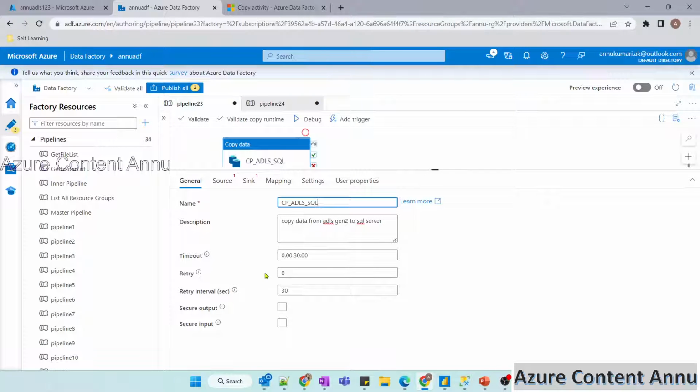Okay, so coming to the retry option. If we specify any number here, it means that after failure of the copy activity, it will make that many more attempts to run this activity. So suppose I'm specifying this retry option as 3, then this copy activity, after failing the first time, will retry 3 more times. So I'll give you an example of when this can be helpful.